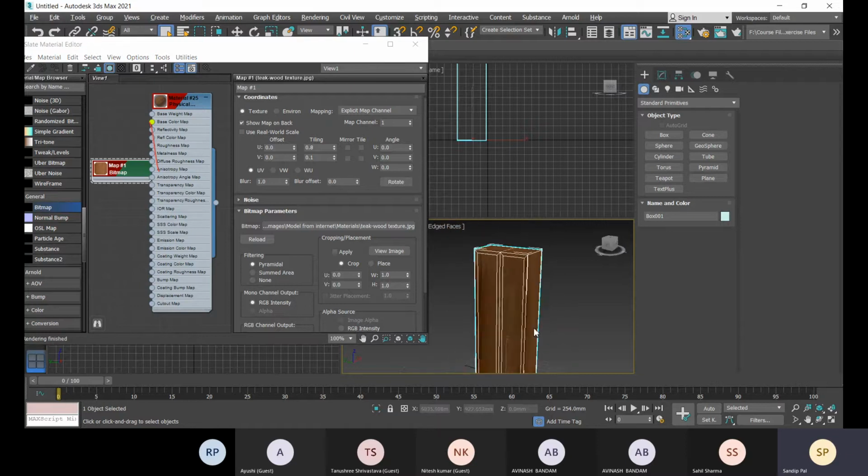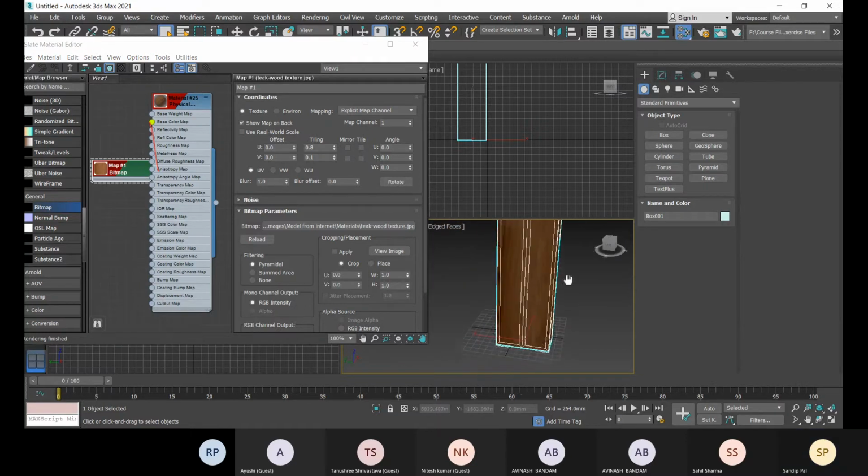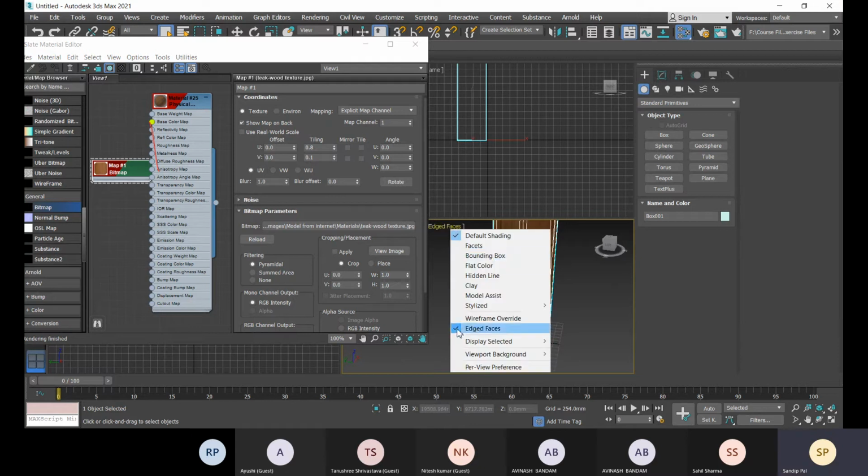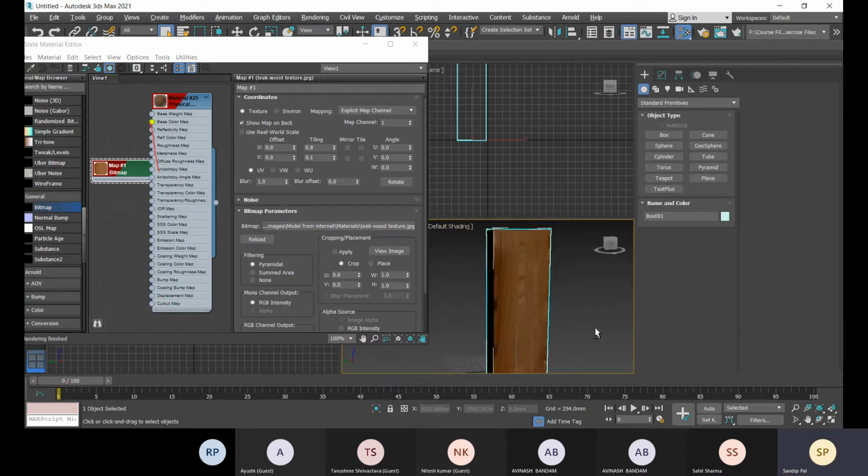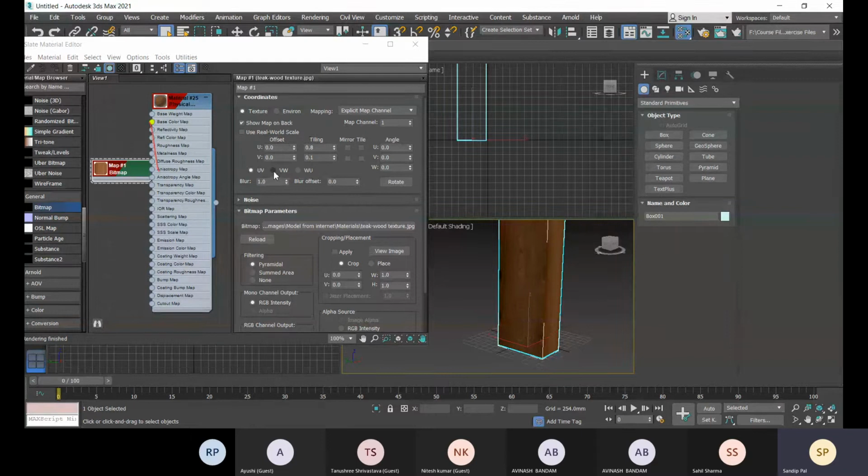Okay, so this is done. Let me change this aged face. Okay, so this way you can control. And which will be the direction: UV or VW? UV means X and Y, or your horizontal X and Y direction, and VW is for your Y and Z direction. In this direction, if you want to change the scale, you can change it.